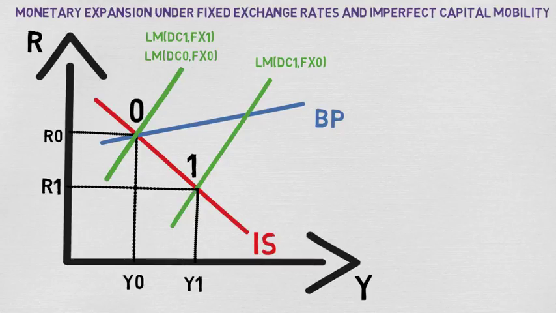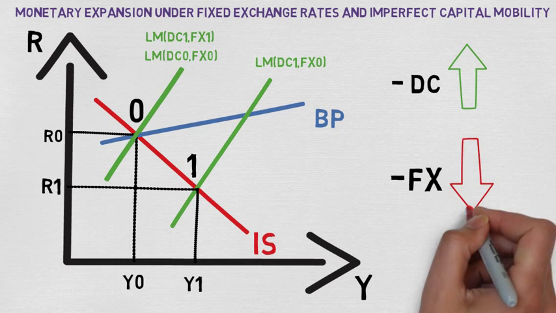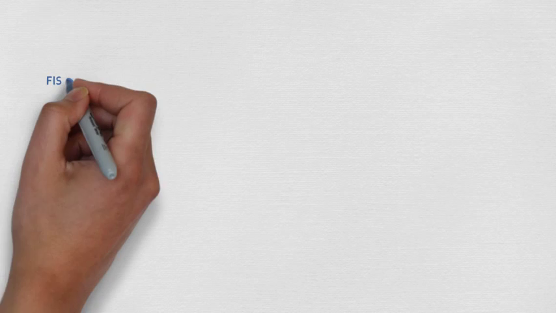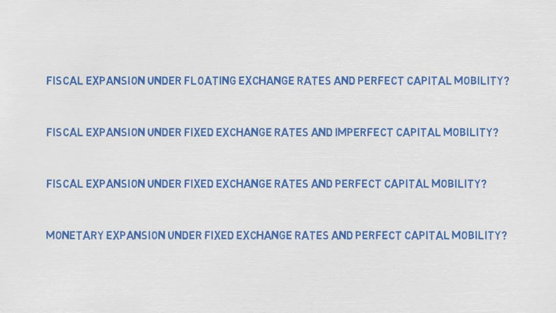So we can see overall that when under a fixed exchange rate regime, a monetary expansion has no effect on the interest rate or the level of income. It only affects the composition of money supply, since there is now an increase in domestic credit and a decrease in foreign reserves. We haven't covered every case here, so why don't you try the rest yourself? This has been a quick summary of the Mundell